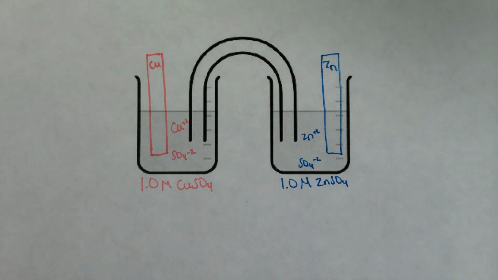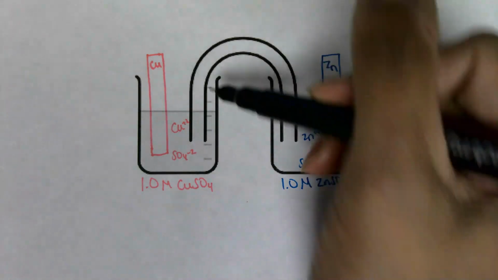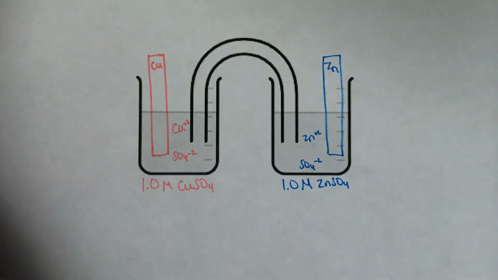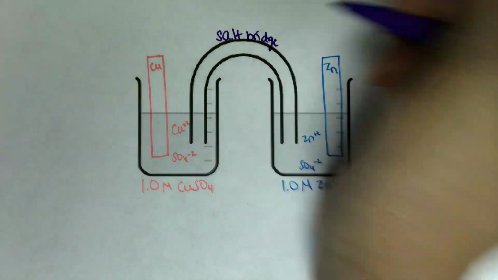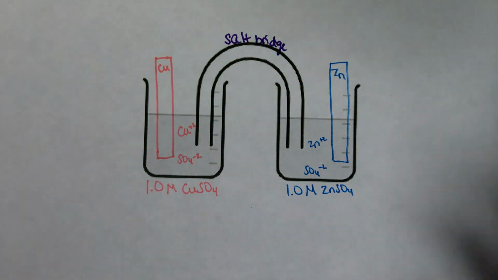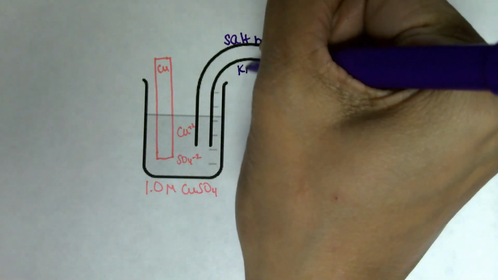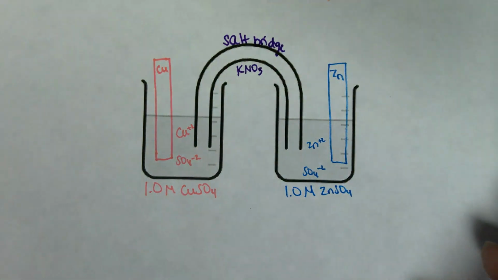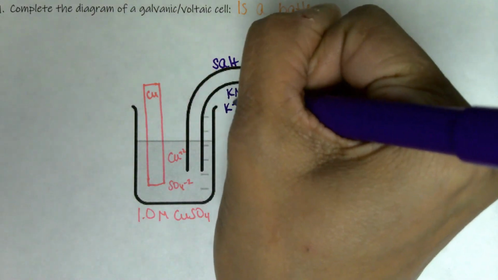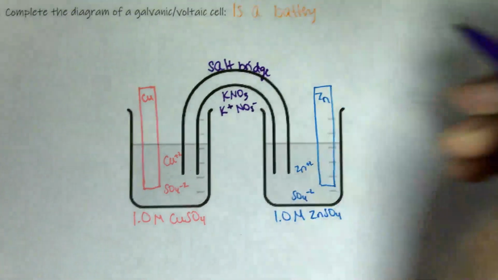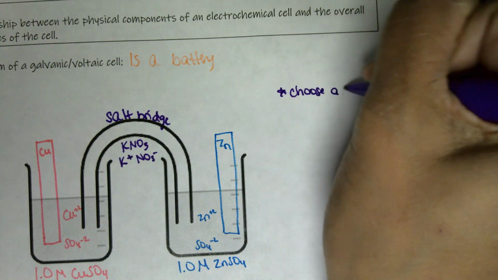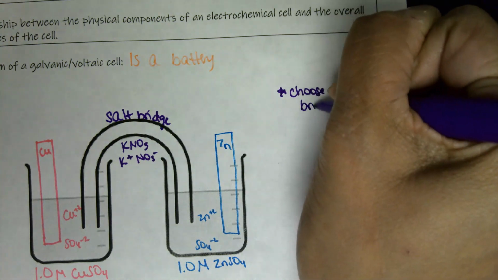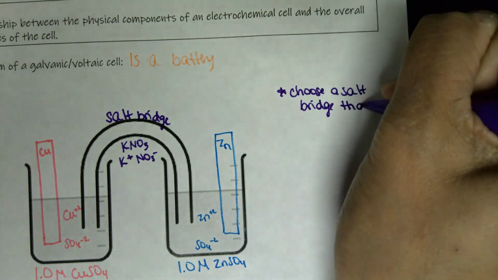So these need to have a complete circuit, essentially. Inside of here, we have something called the salt bridge. This salt bridge might just be a simple piece of paper that's been soaked in something like potassium nitrate. Potassium nitrate was chosen because it breaks up into K⁺ and NO₃⁻. And I'll put a little note here. Choose a salt bridge that forms aqueous solutions